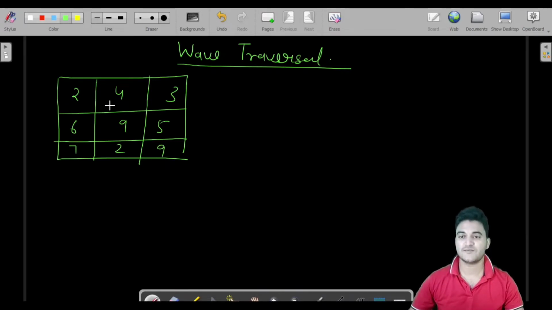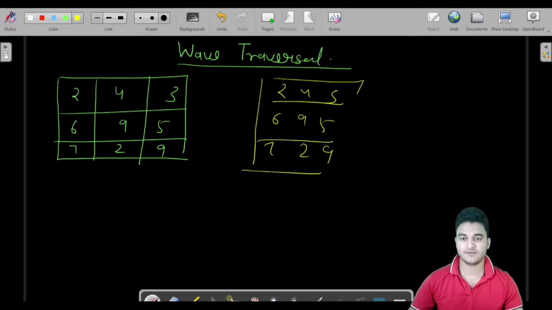Fine. So in the first video of 2D introduction, we printed the output in this manner: 2, 4, 3, 6, 9, 5 and 7, 2, 9. We have printed the output in this way. So this is very simple.